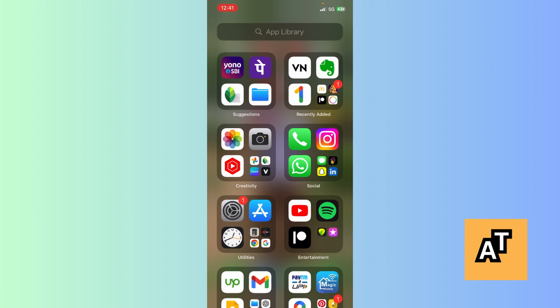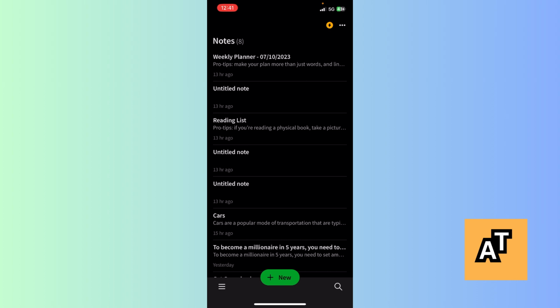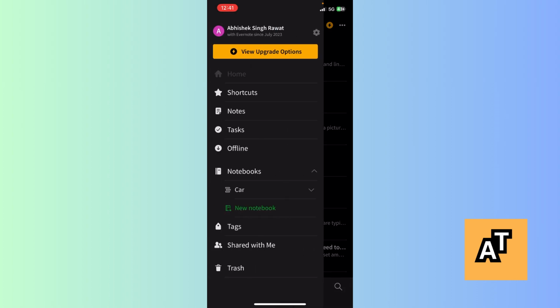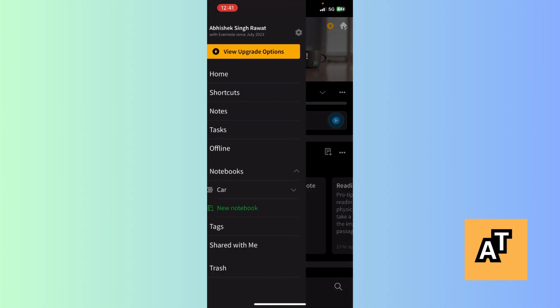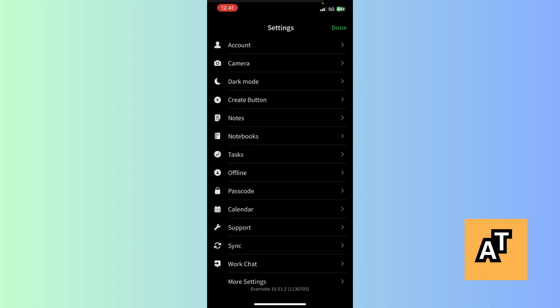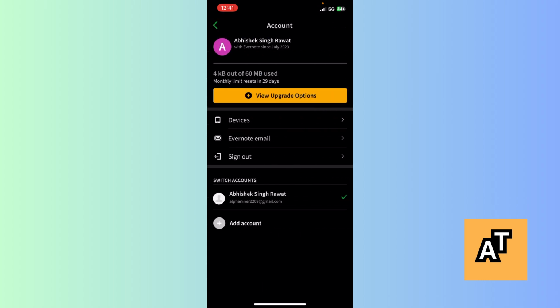So let's start. First, launch your Evernote app. Then here you can see your notes which are available. Now this is simple. The first step is very simple. If you want to backup your account, you simply just need to log in with your Gmail or your Apple Mail. What this does is that the data is now saved in Evernote's backup store in the data